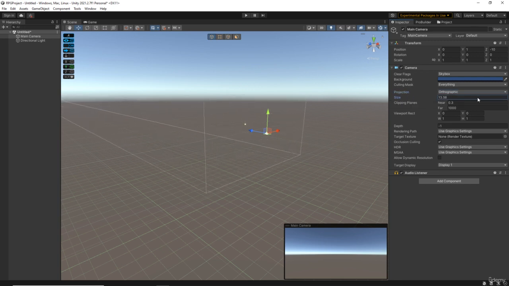Just a simple 2D camera. If you change the size, it just changes the size of the box. It's effectively like zooming in. Okay, so for this one I want to set the size to about 38.97,